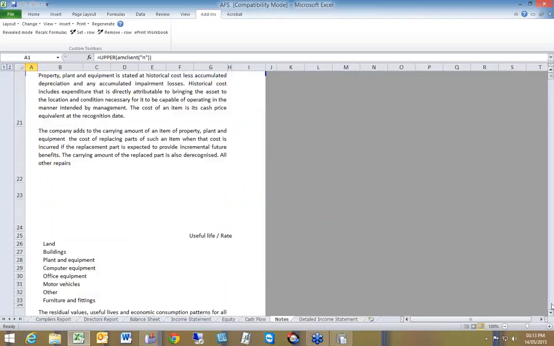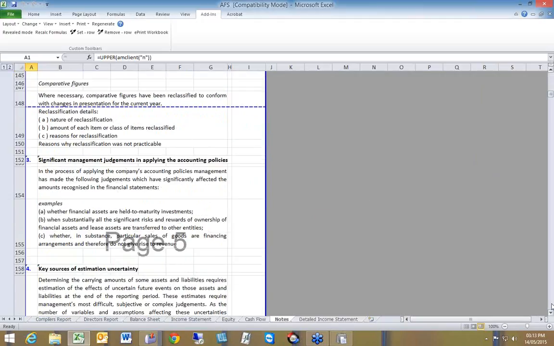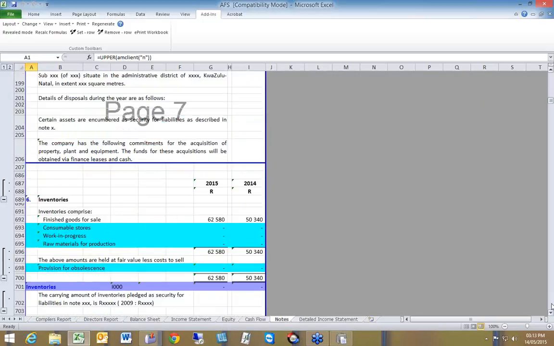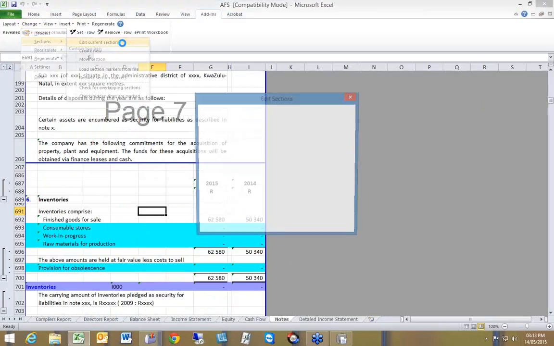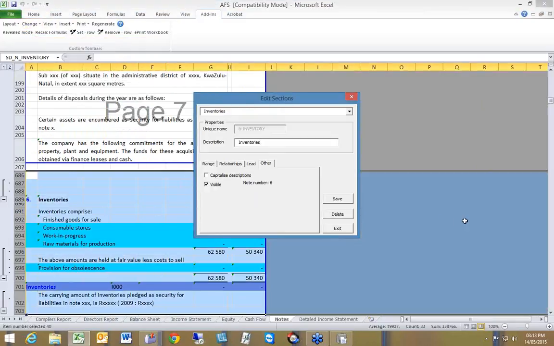So let me just go down to the section on inventories, for example. Okay, so I'll just put my cursor in that section. And if I look up at this add-in here, I've got this change sections, edit current section. Now this is a more advanced topic, and it may be something that you need to look at some stage. But just so that you know that each section, now it's highlighted for us, okay, and there are various properties